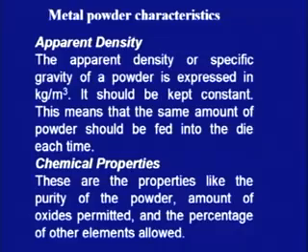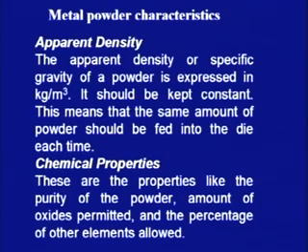Why? Because if we feed more metal or less metal, we may not be able to get the exact shape of the final product that we want to make. The second important characteristic is chemical properties. These are the properties like the purity of the powder. Already I have told that metal powders can be made up of pure metals, the amount of the oxides permitted and the percentage of other elements allowed. Now, the amount of oxide permitted and the percentage of other elements allowed is important, because if we have too much of oxides in the metal powder, or there are